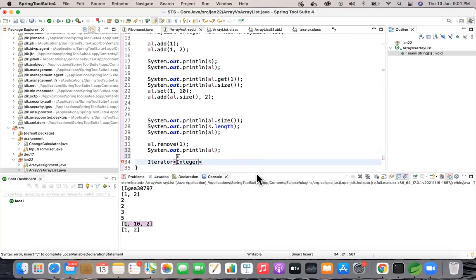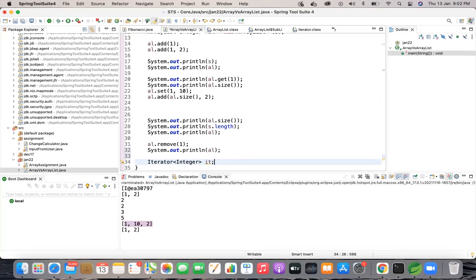Yeah, create a reference. This is again your type reference. After Integer, you have to give some object name, right? Outside the angle bracket, like how do you create a class name, object name? Same way you create some reference name here. You can just give itr.